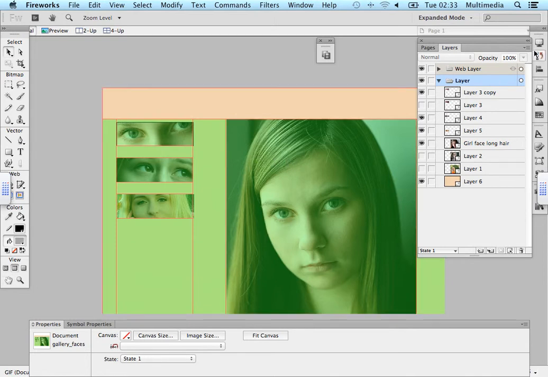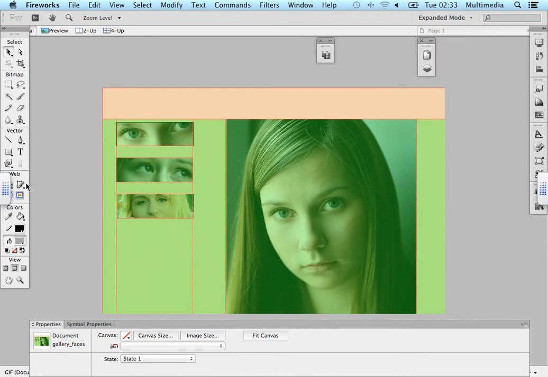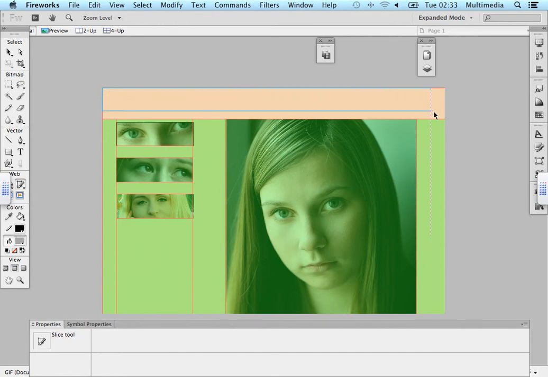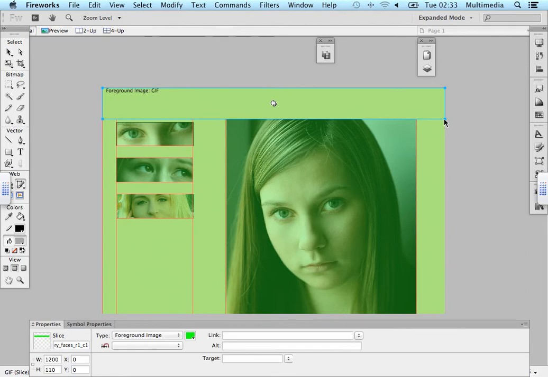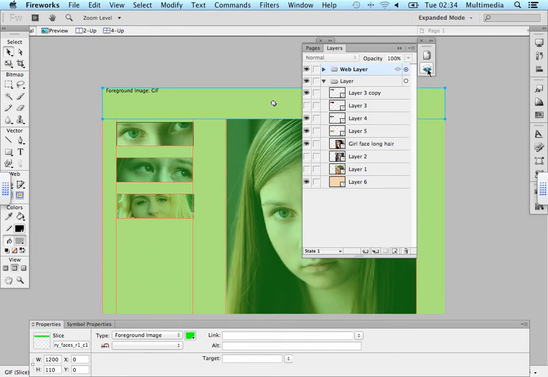and then go back to your slicing tool, and click and drag over the required area. You must cover the whole document with a slice. You can't leave any area of the document unsliced. And in this here, you can see I have 1, 2, 3, 4, 5, 6, 7, 8, 9, 10, about 13 slices. Now if we have a look then in the layers, after that,